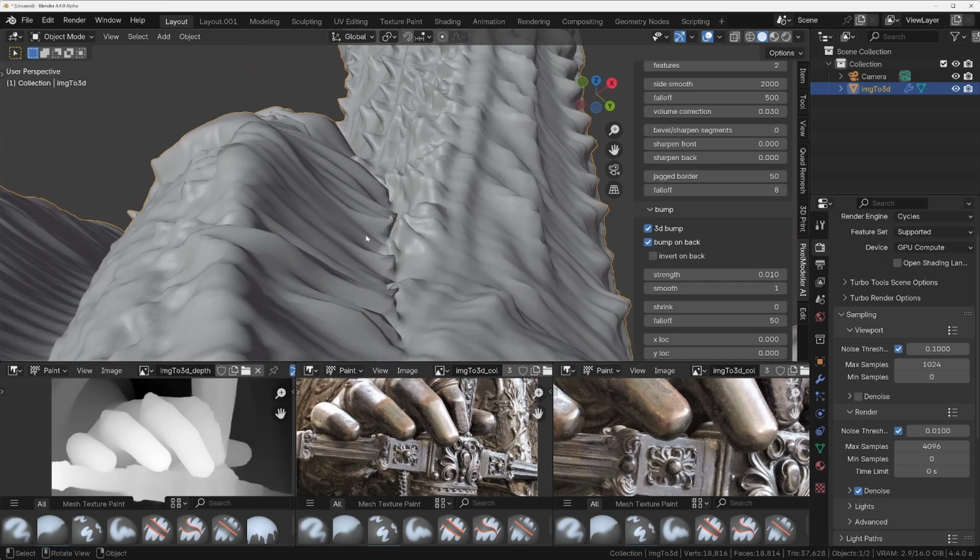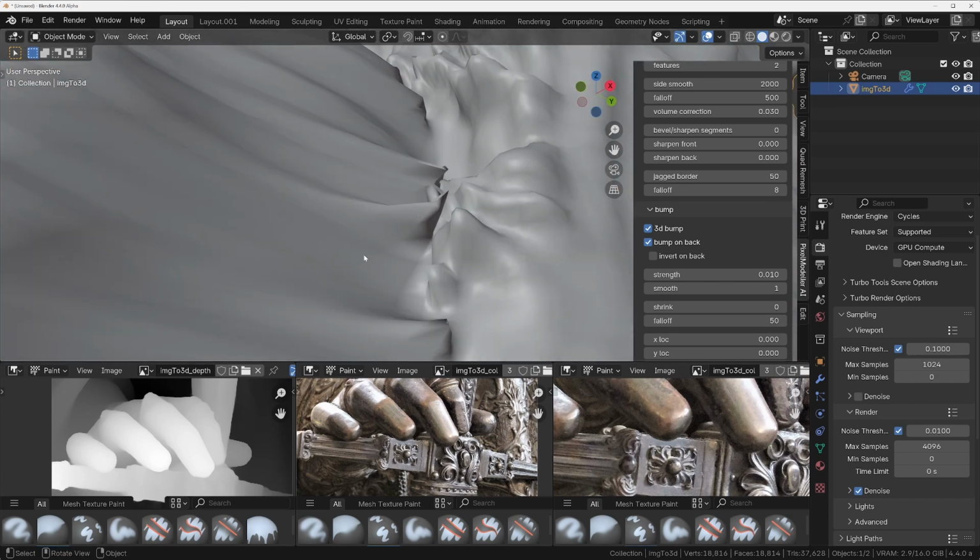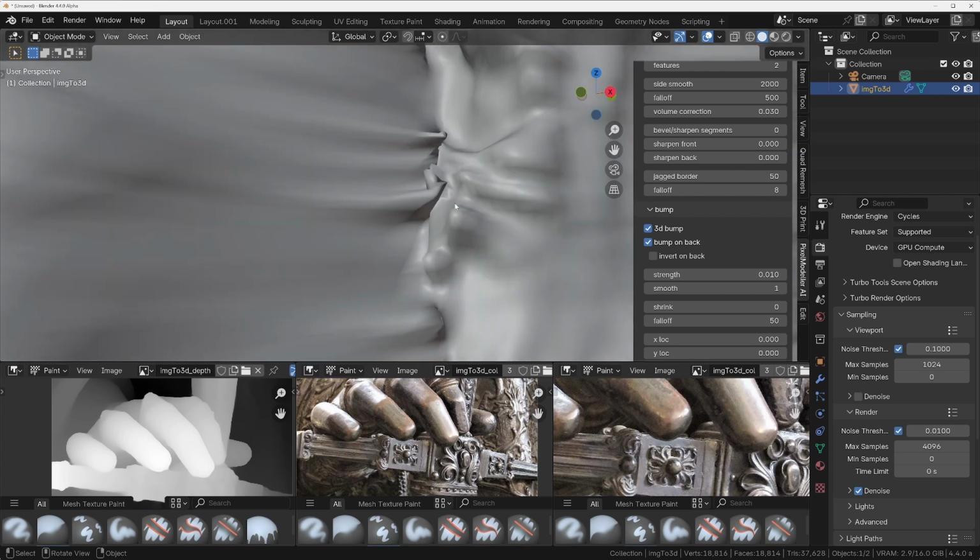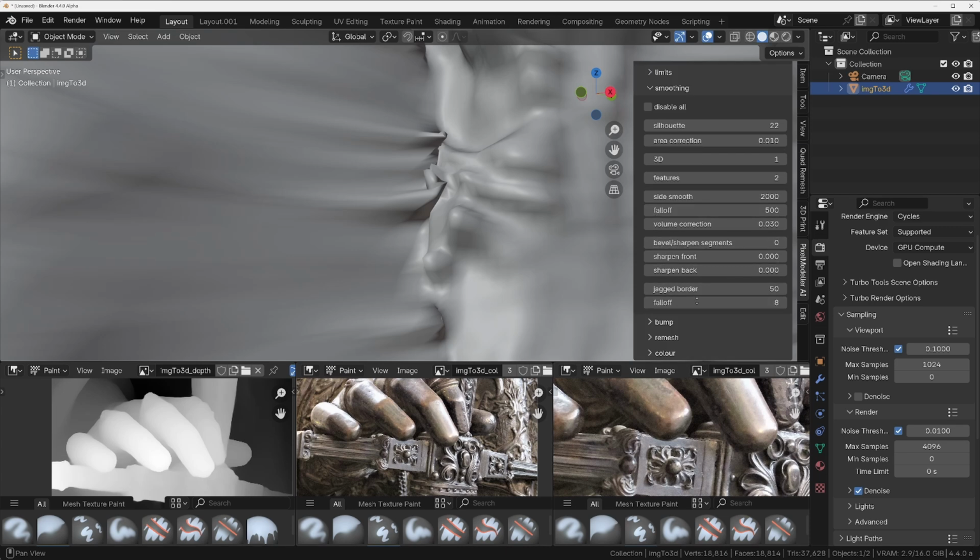We can probably find some if we look close. You can see just here where this is pointing this way, this bump's coming out this way, so they're overlapping. So we need to fix that. I'll just go into the remesh,